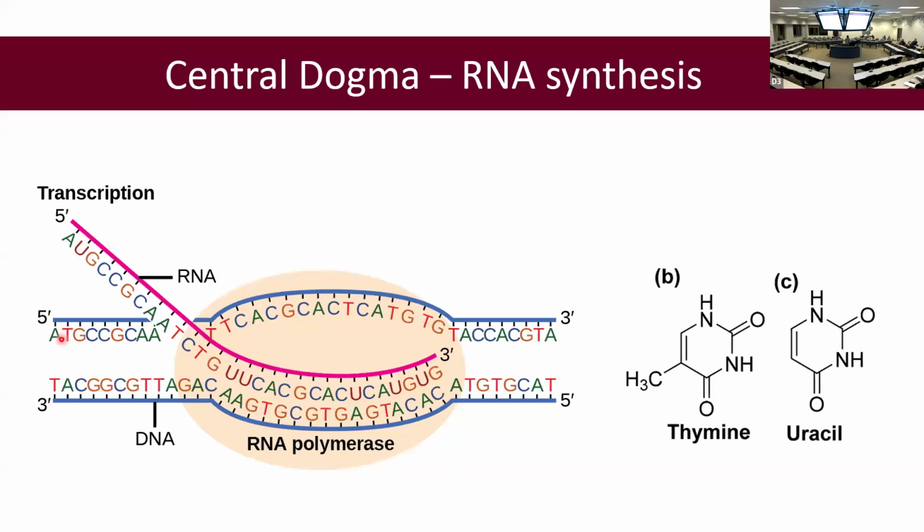we compare the A up here with the A down here, but then instead of having a T, which corresponds to thymine in the DNA, in RNA we have the nucleotide called uracil. And this is one of the major changes from DNA to RNA. At the chemistry level, thymine and uracil are pretty much exactly the same, but we are just missing a carbon